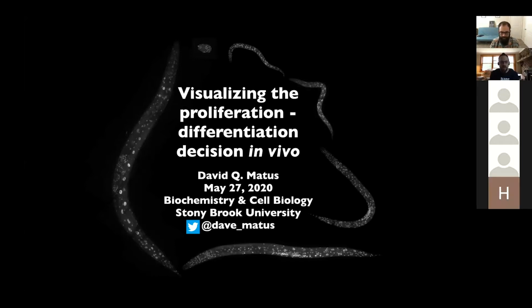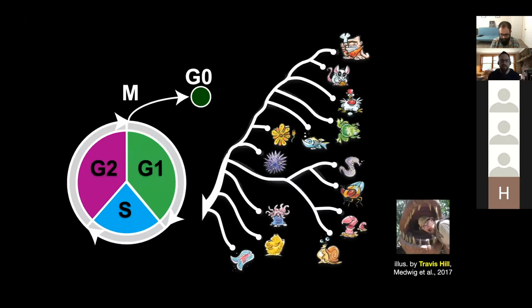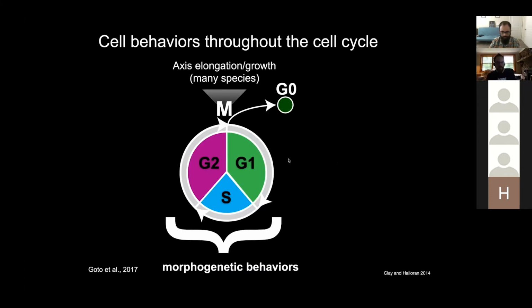My lab is broadly interested in trying to understand how cell cycle state affects cell behavior. Beyond just the worm that we all love, the elegans, I'm broadly interested in how cell cycle state, particularly during interphase, affects cell behavior across the animal tree. I became interested in this from digging into literature from our own work and lots of other interesting work,